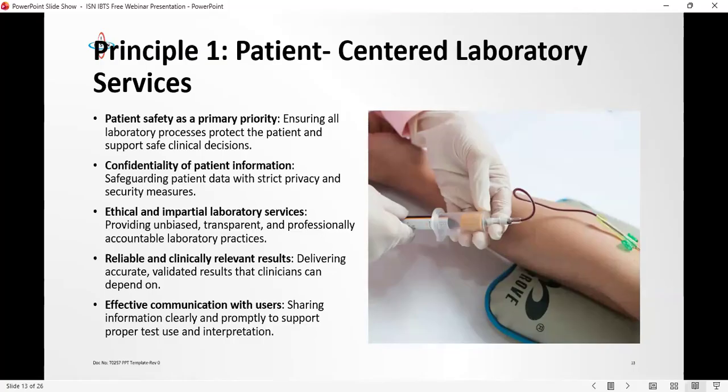Anytime you come to a lab and they give you accurate results and the doctor uses that result, because these results are used by doctors, not by the patient. The doctors interpret it and now determine the line of action they are going to take,